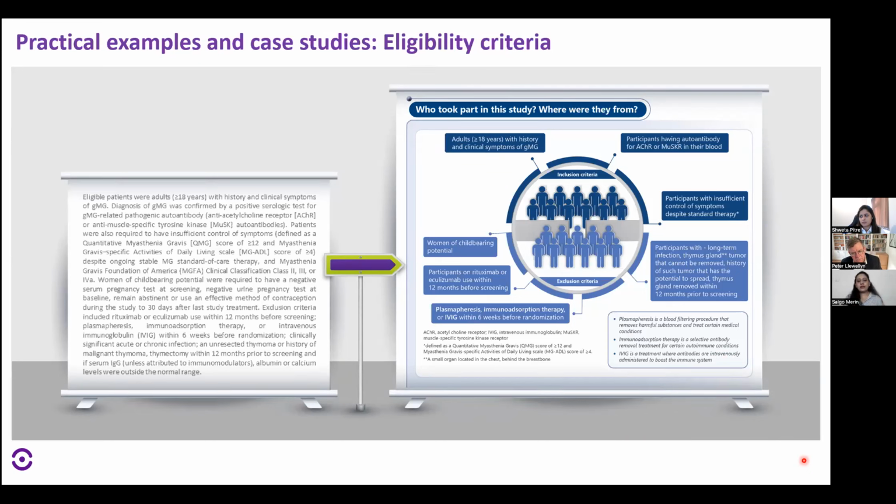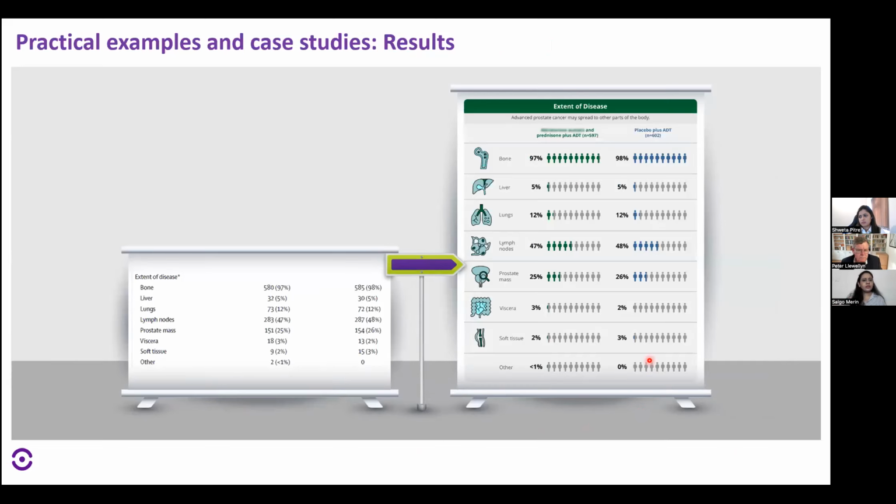So we tried to create an infographic format over here, which makes it easier to understand who was included in the study, which is in the darker color, and who was not included in the study, in the lighter color. Similarly, there are some words which cannot be changed or made easier. Those are explained below in the small text box, like I showed you before. These are some things which make it easier for patients to understand. Going forward to results.